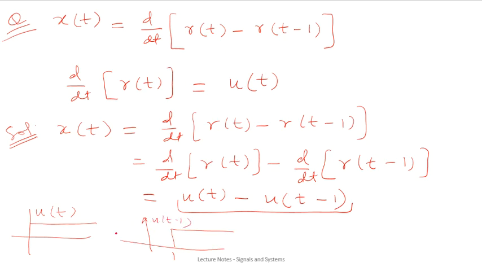This will be u(t−1), and if you subtract these two signals, what will you get? You will get a signal something like this. So this will be the resultant signal u(t)−u(t−1). Because after 1 the second signal will also start, the amplitude 1 minus 1 will be 0 after this 1. So this will come between 0 and 1. This will be u(t)−u(t−1).